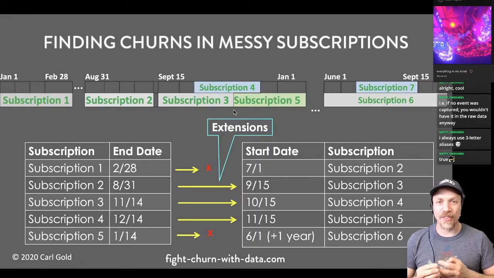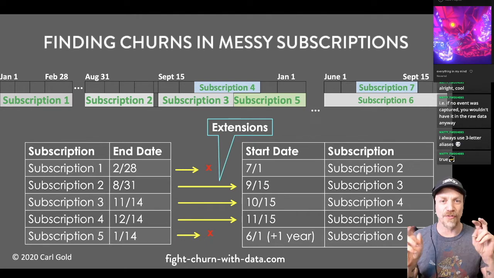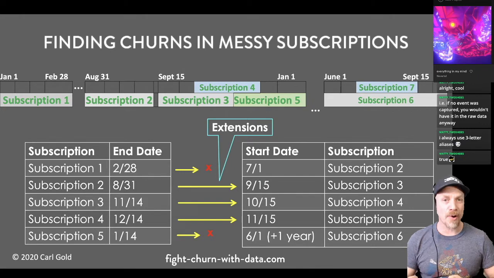Okay, here's the illustration of finding churns in messy subscriptions. So remember, you can't just look at your subscription database and look for the churn flag. There is no churn flag. Churn is a state of a customer at a particular point in time whenever they used to have a subscription, but they no longer do. And any churned customer could become a non-churned customer again in the future by re-signing up or reactivating their subscription. Or if there is no subscription, they might just come back to your product or service. So your data is going to be messy.